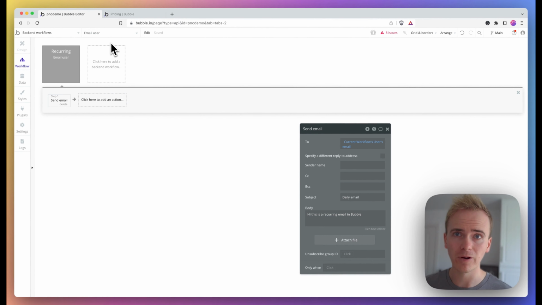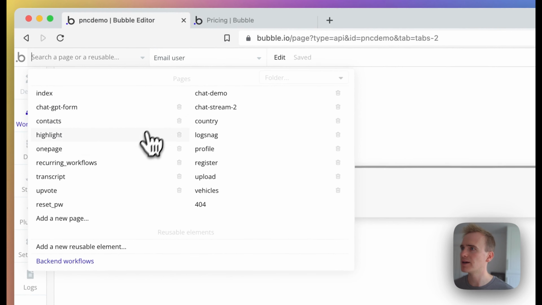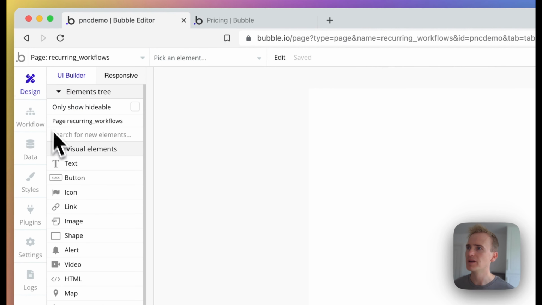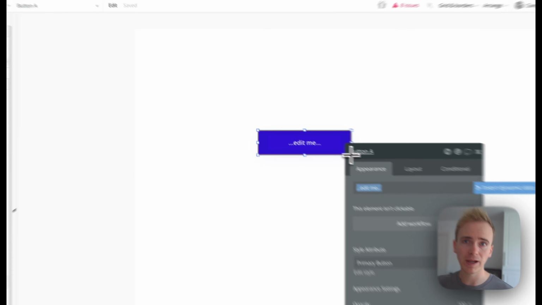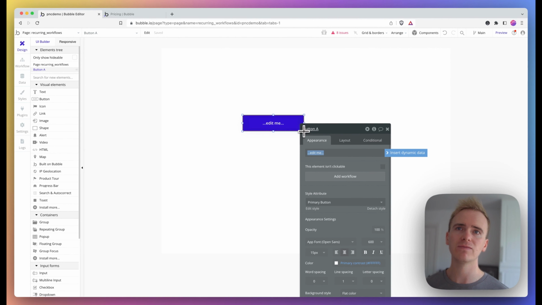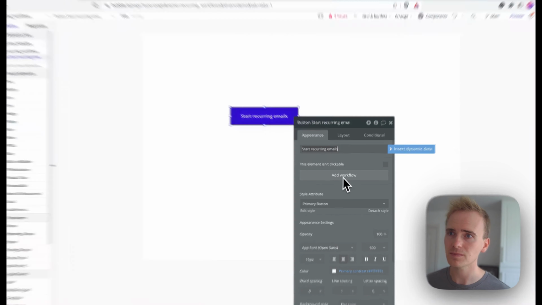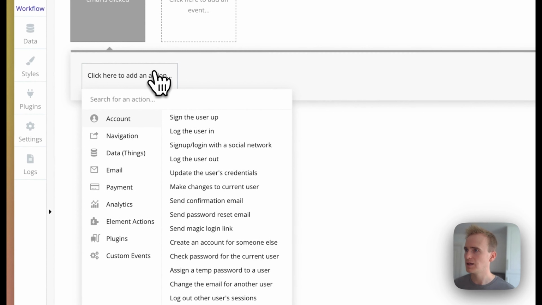Okay, right. So I have that as a backend workflow, as a recurring event, but recurring events have to be triggered. So I'm going to go back to my page that I've called recurring workflows, and I'm going to just add in a button. Now, you will need to work out the appropriate place to trigger this in your app. If your app does send a daily email, maybe you would incorporate the action that I'm adding to this button into your registration workflow. But I'm just going to say start recurring emails, and then